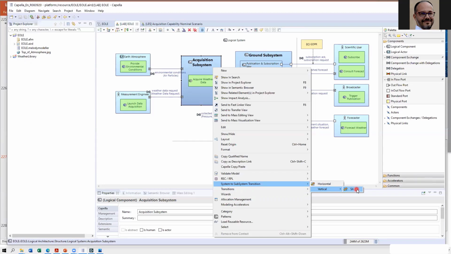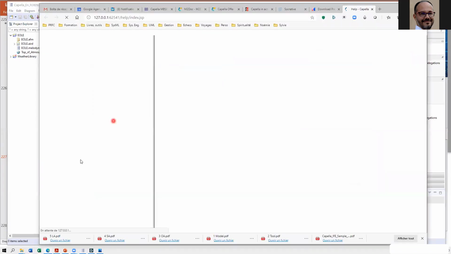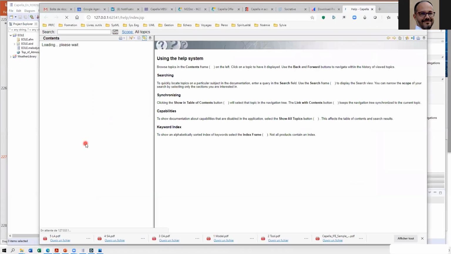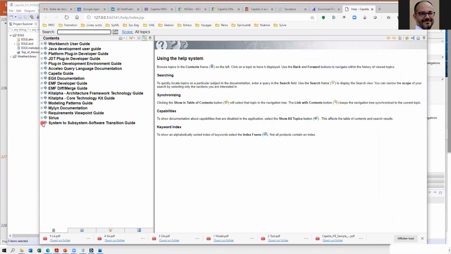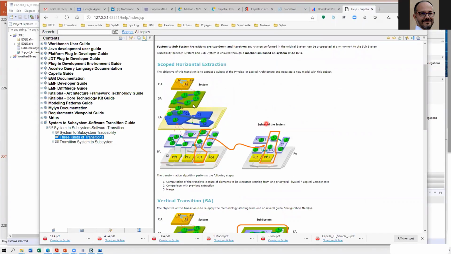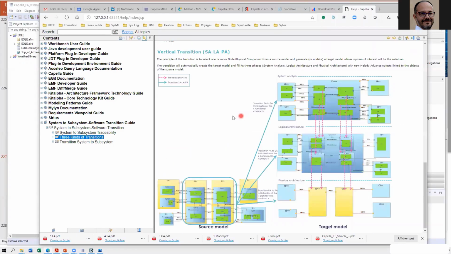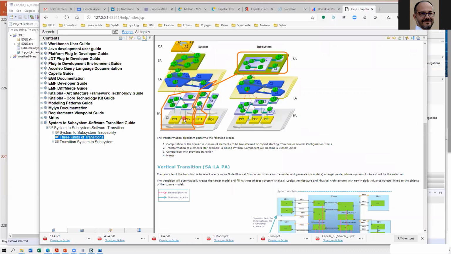And the idea of the horizontal is that then you will put it back in the first model with a diff merge tool. Okay. When you open the help online, help contents, you will see the help of the system subsystem transition. Okay, that is there. Horizontal transition, vertical transition. Could be from logical or for physical.